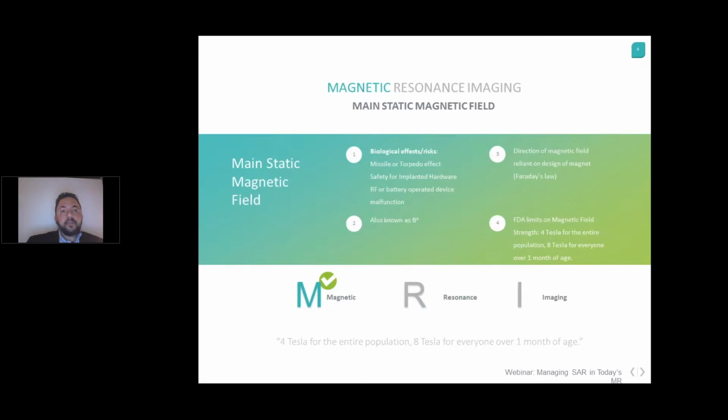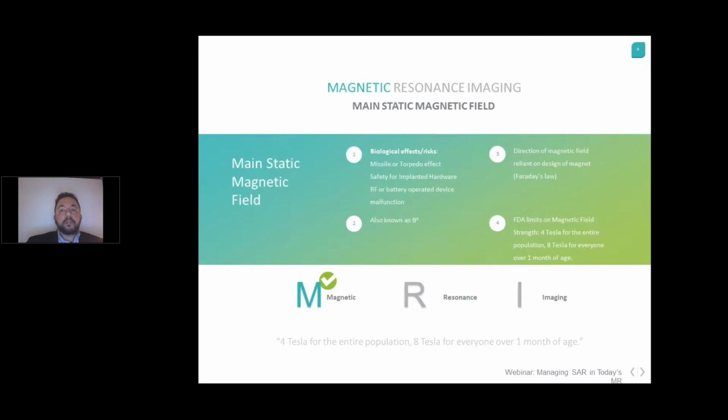This static magnetic field is also known as B0. The direction of the magnetic field is reliant on the design of the magnet. Typically, an open system is designed or set up with a vertical field direction. Great for patients that are claustrophobic, but not compatible with those patients that have, for instance, a loop recorder, where